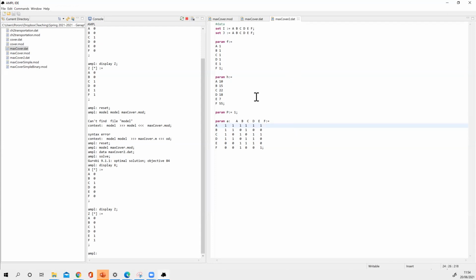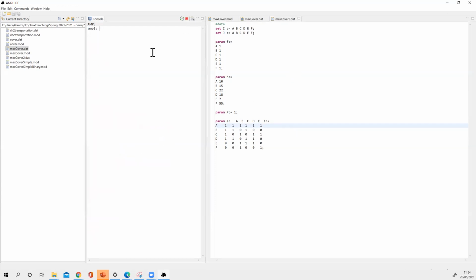Okay, let's try again. Reset. Let's see here. Okay, reset. Model max cover 2, max cover dot mod, data max cover 2 dot dat